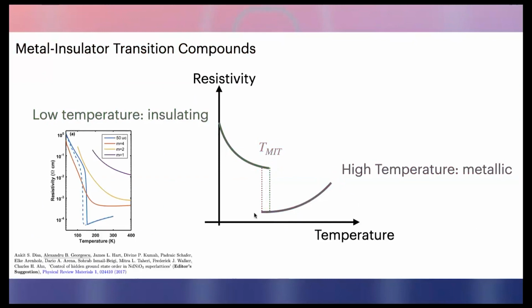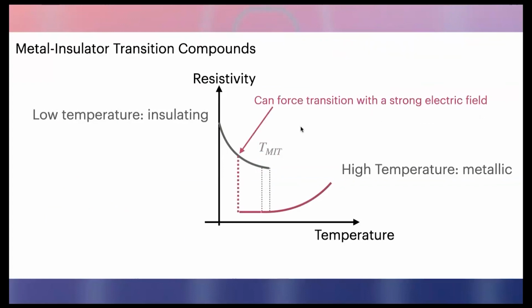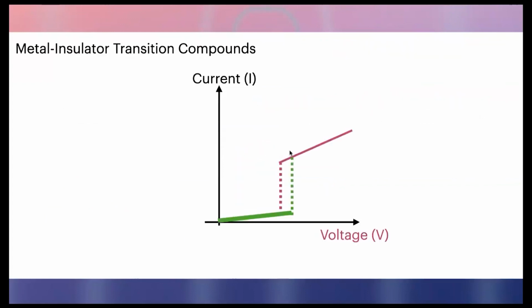This is a very nice picture. Often this is what it looks like, for example, in a thin film of neodymium nickelate. But the transition can also be smoother in some cases, where it's obviously less useful technologically. You want to have 0 or 1. And there are many mechanisms that couple the electron and the lattice degrees of freedom throughout the transition. Another important thing is, besides temperature,